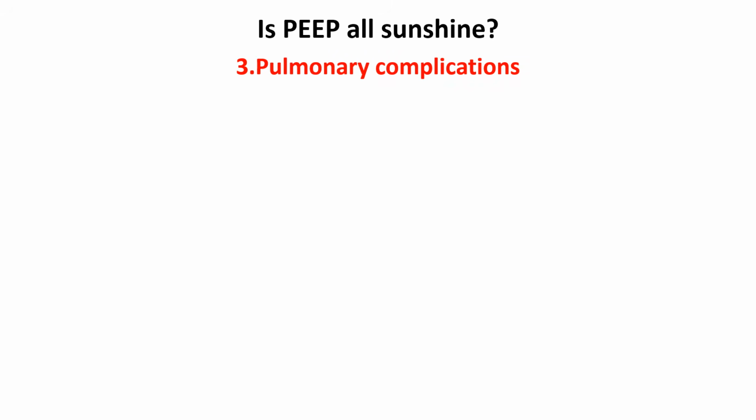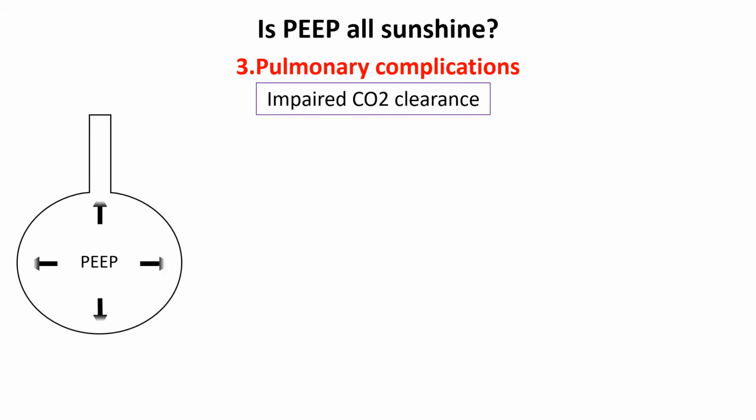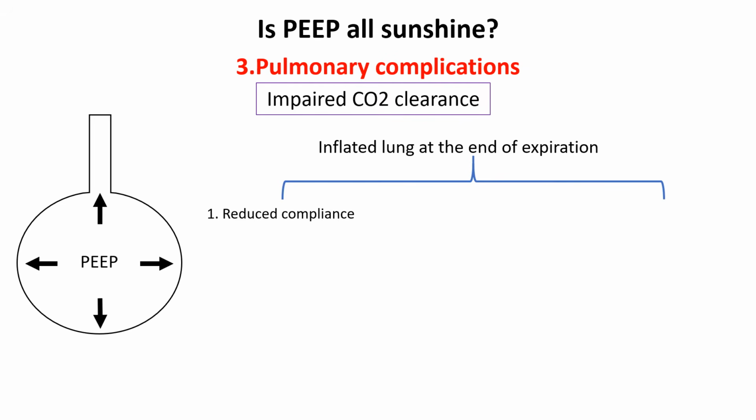High PEEP can impair carbon dioxide clearance by reducing the efficiency of air movement in and out of the lungs. This occurs because high PEEP keeps the lungs partially inflated at the end of exhalation, leading to several effects. First, it can reduce lung compliance, making the lungs stiffer and harder to expand during inspiration, which results in shallower